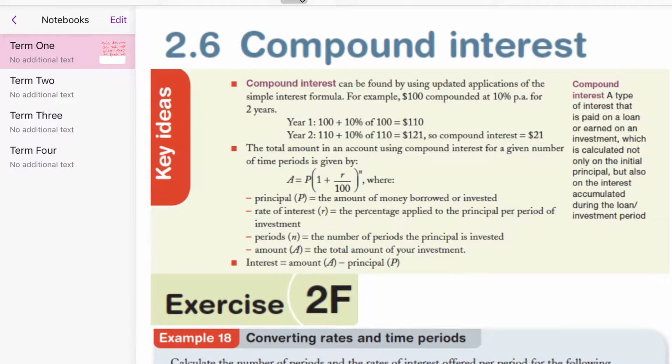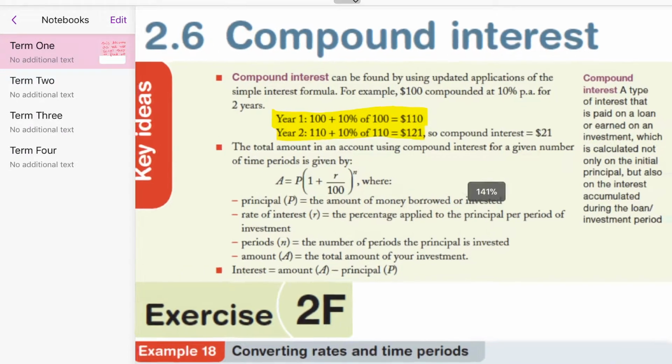Alrighty, so I'm moving on to exercise 2F, which is compound interest. With compound interest, the difference is every interest period you're adding that amount to how much you might owe or how much you might invest. So if you have a look up here, where this part of the example is in your key ideas,